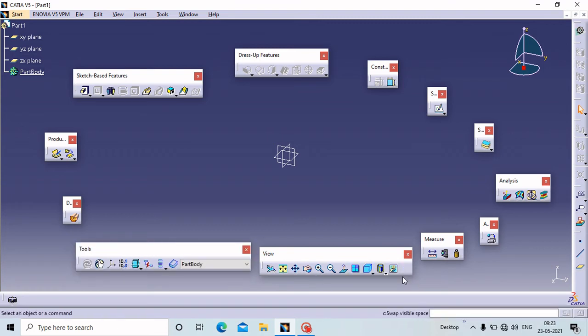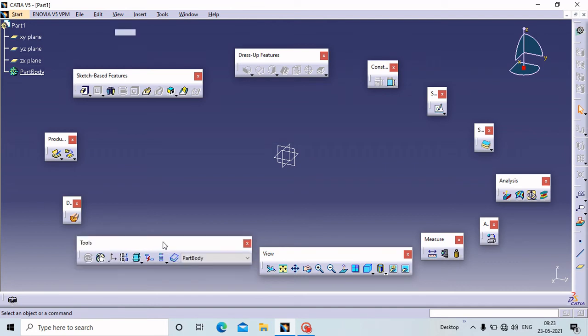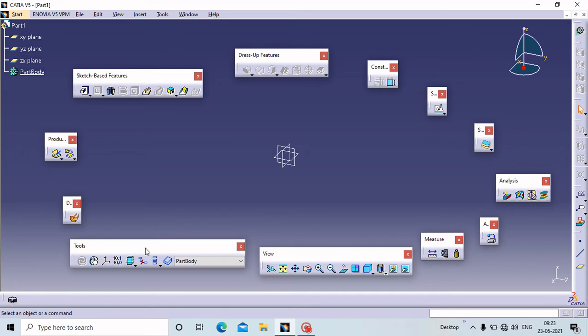Then you can see your part by using the top view, front view, side view, bottom view, all these views which are integrated inside the View toolbar. One point here I want to highlight is Hide and Show. If unfortunately one part or one sketch is hidden, then this command helps you a lot. Next is the Tools toolbar. If you want to update the part or update the sketch, or isolate your sketch, then this command and toolbar are most important.